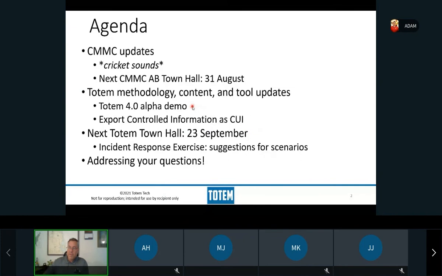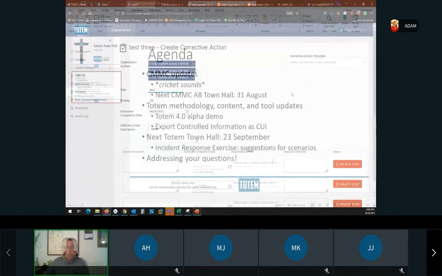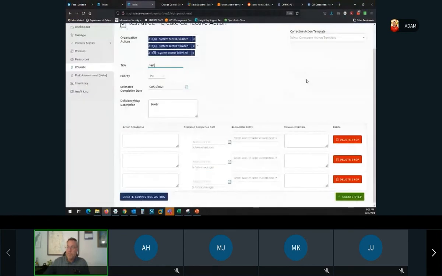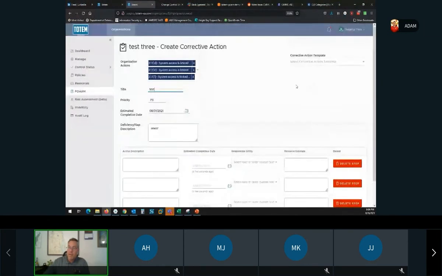Take a look at some of the new features in Totem, and then we'll talk about CUI, and then I'll just for a few minutes, and then we'll open it up to your questions. Lots of new features, some very apparent, like in the POAM